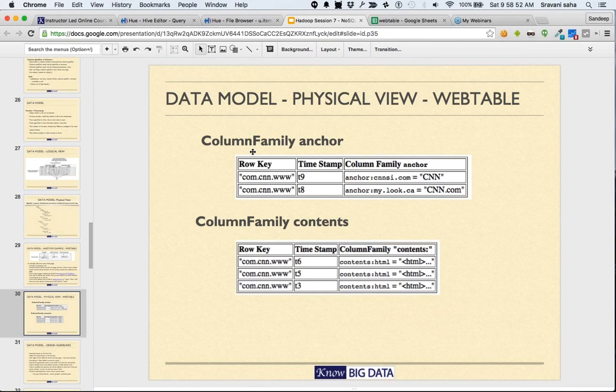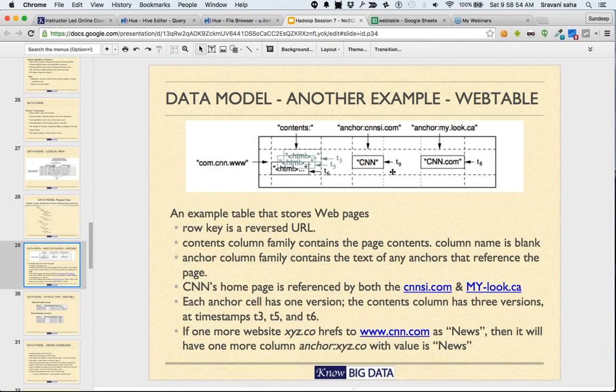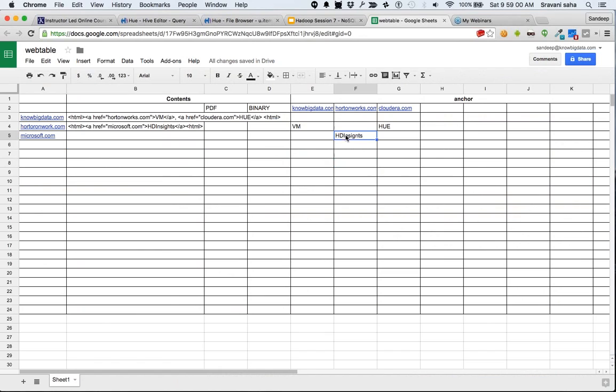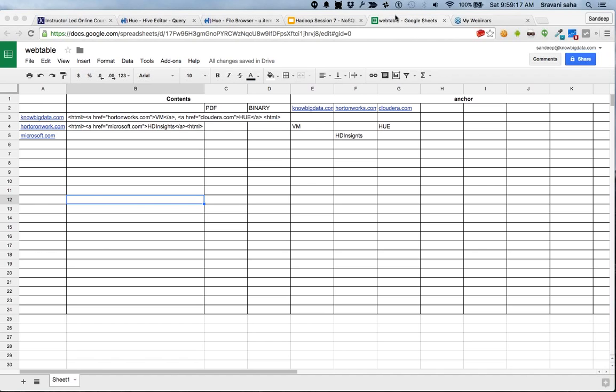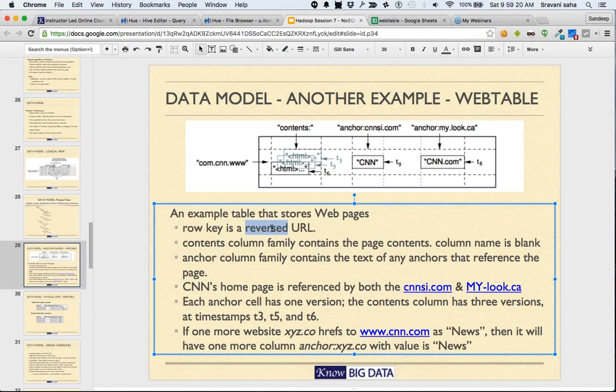All right. So also the column family anchor. If we have to get all the links that are pointing to the current table, all the people who are linking to hotandworks.com, all we have to do is ask HBase, give us all the columns of the column family called anchor and row key called hotandworks. Okay. So this is the way we will be able to do it. It's a very important exercise. Based on this,